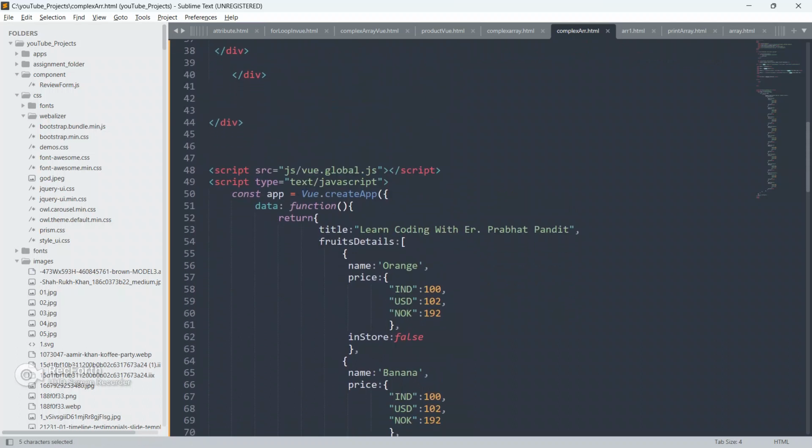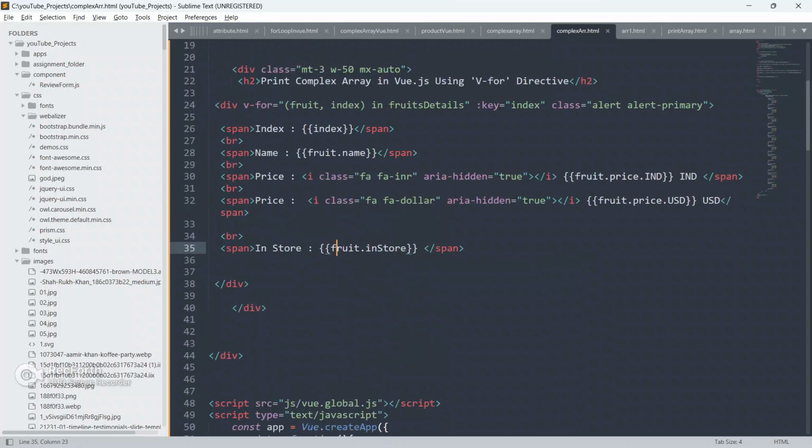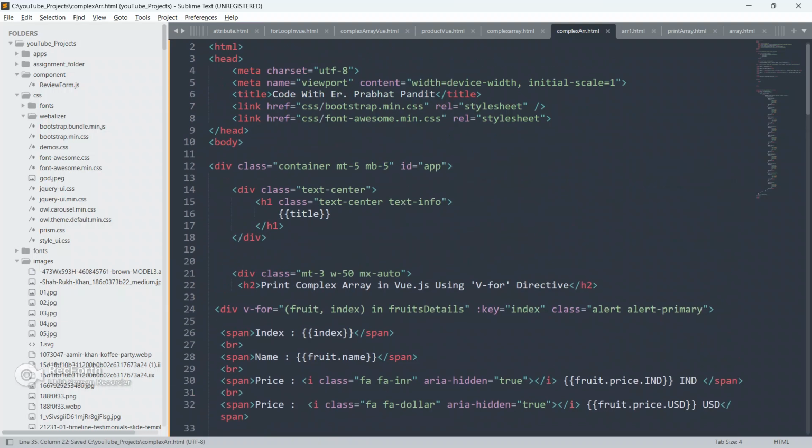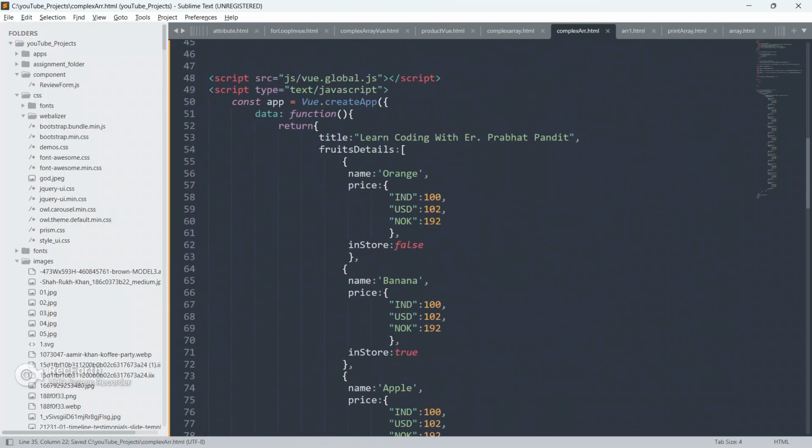Vue.js will parse this as a Vue instance, and it will display the result, whatever it contains. This is the variable, and whatever value the variable contains, it will display according to these properties, or according to the calculation inside the double curly braces.